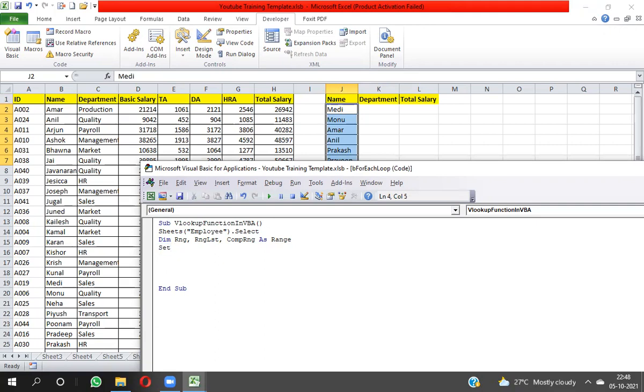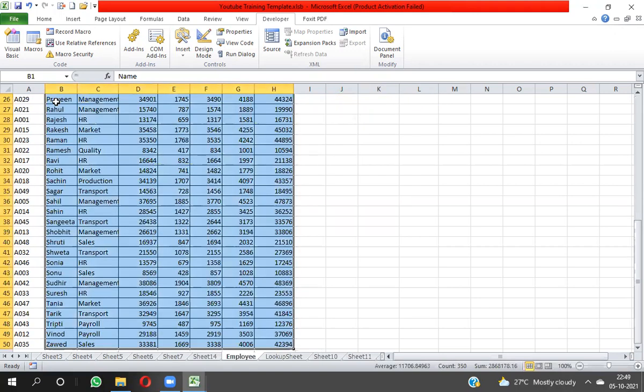So here I will take RNG LST equal to, and here I have to store Range J2 to J7. Now I have to take this complete range in another variable.